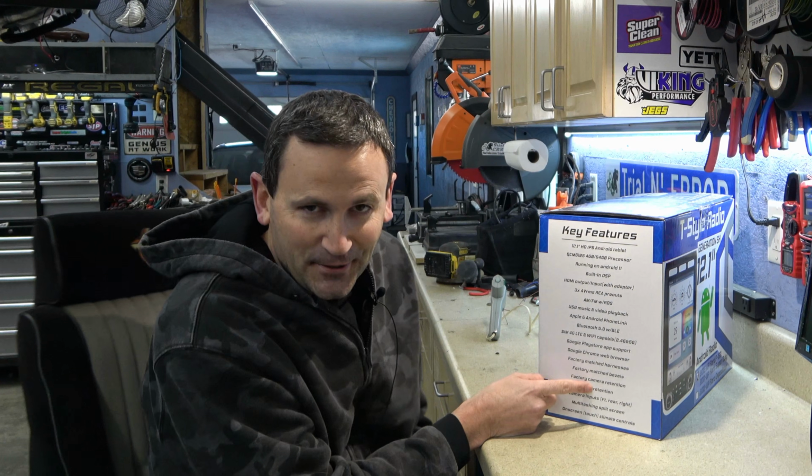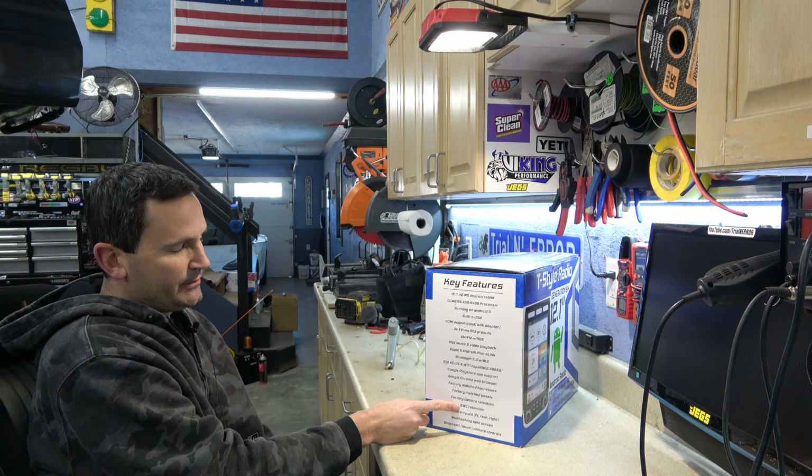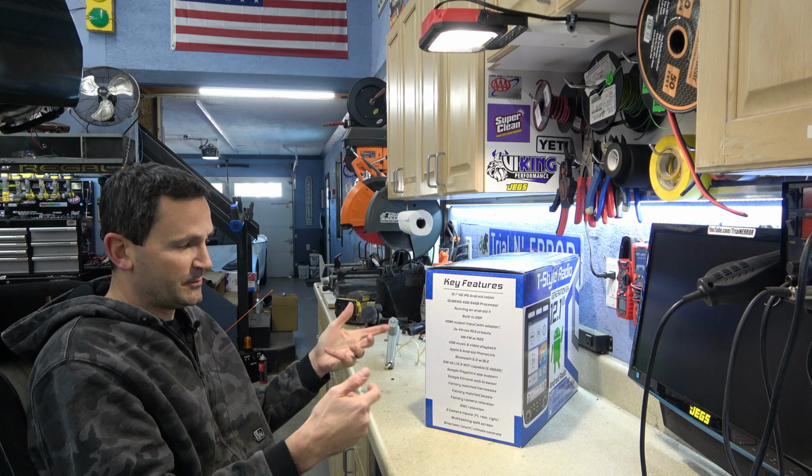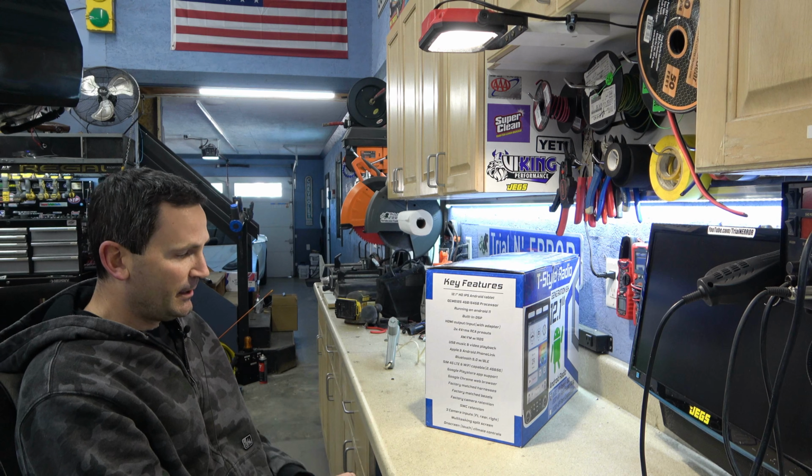Factory camera retention, we'll see. That truck has the full 360 camera where you're looking down on the truck. Most of these really struggle with that. So TBD on that as well. SWC retention, so steering wheel controls. So you're supposed to be able to retain all your original steering wheel controls, 3 camera inputs,